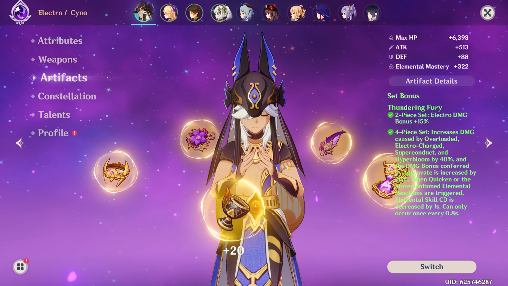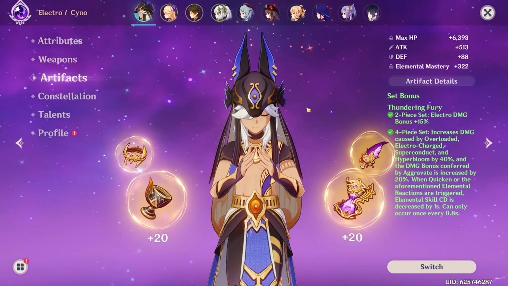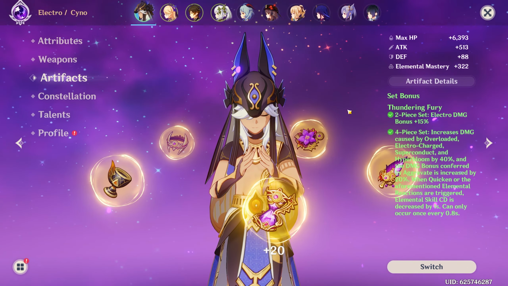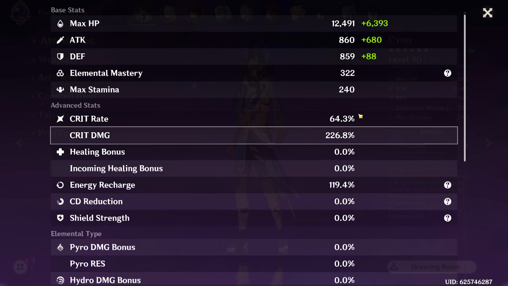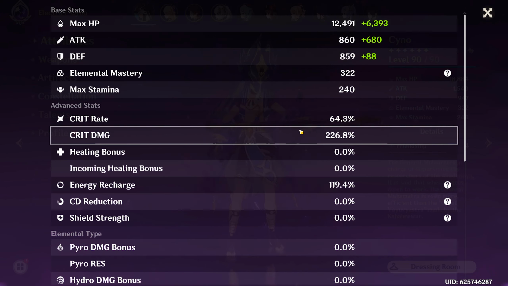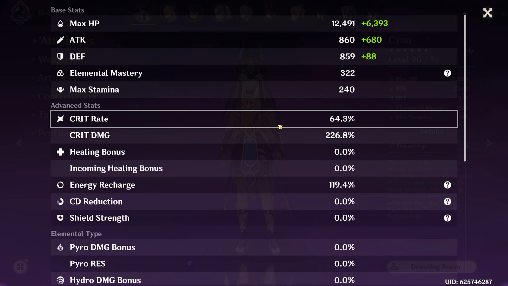Obviously, it's pretty much opposite of the Gilded Dream since I'm using an offset Goblet and an onset Sands. But I think that this is still going to be very nice, especially because it's taking elements from my Kaching one, the leftovers that were always meant to be for Cyno back then, and using some new pieces. So overall, I have 64 crit rate, 226 crit damage, and 322 elemental mastery. This build is extremely similar to my Gilded Dreams one. The only difference is my crit rate is literally 1% lower, my EM is 100 lower, and my crit damage is 20% higher. So honestly, I think the Gilded Dream set is still better, but I'm gonna let you guys